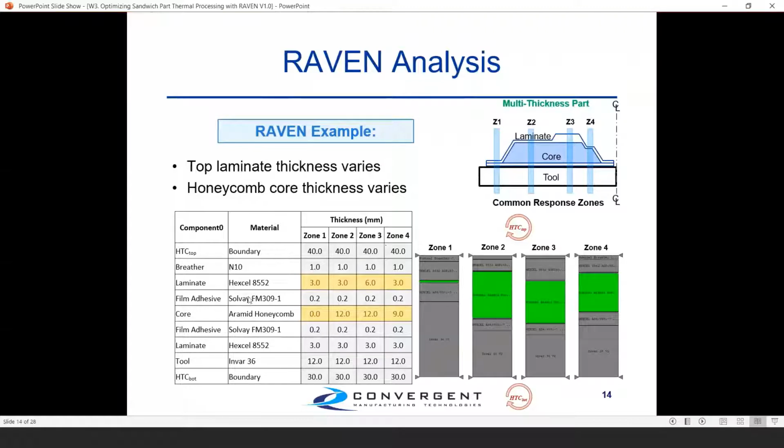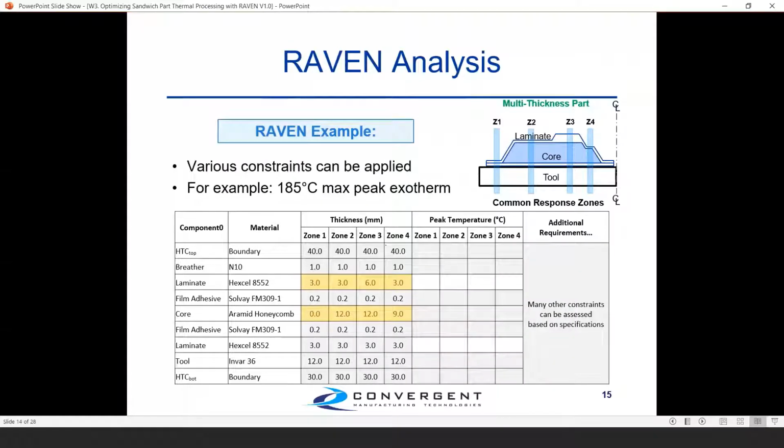I've included the film adhesive that we use here and a core material where applicable in these cases, some additional film adhesive, another laminate, and then the actual tool. We're using an Invar 36 tool in this case. And what I'm going to do is actually run through these examples, and then I'm